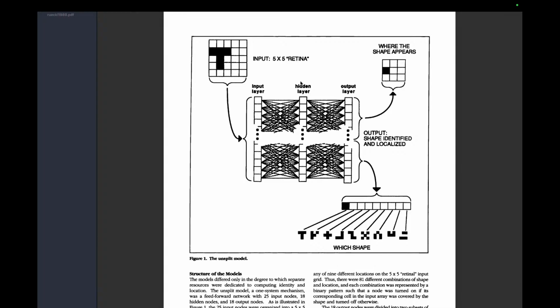So this is again looking at how vision is recorded in the eye. Okay, so now we're going to